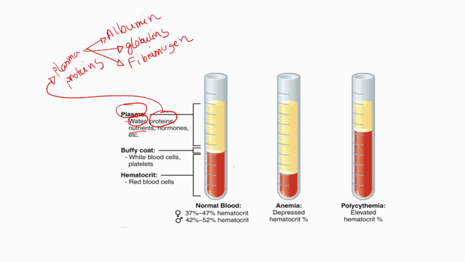Immediately below the yellow plasma, we find a very thin cream-colored intermediate layer known as the buffy coat, which is clearly illustrated in this image. We place 2 specific types of formed elements here. The nucleated white blood cells, or leukocytes, which provide our primary immune defense, and the cell fragments or platelets, which are built to handle immediate